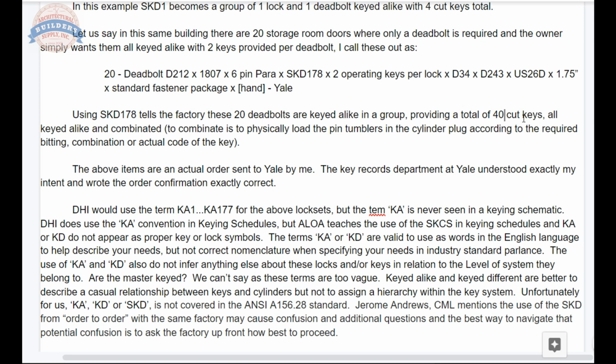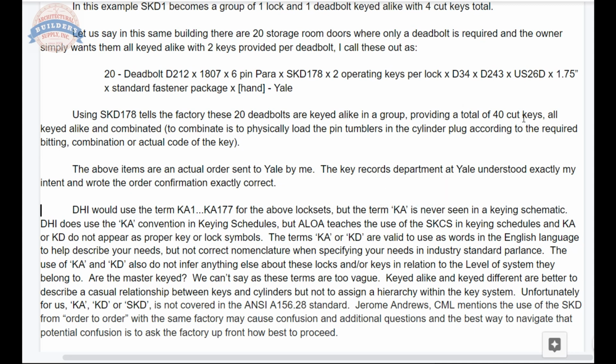To combinate, the term combinate is to physically load the pin tumblers into the cylinder plug according to the required bitting, combination, or actual code of the key. The above items are in actual order sent to Yale by me. The key records department at Yale understood exactly my intent and wrote the order confirmation exactly correct after we went through a round of it not being correct. Now,